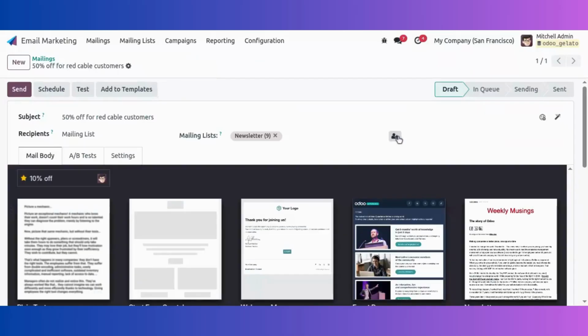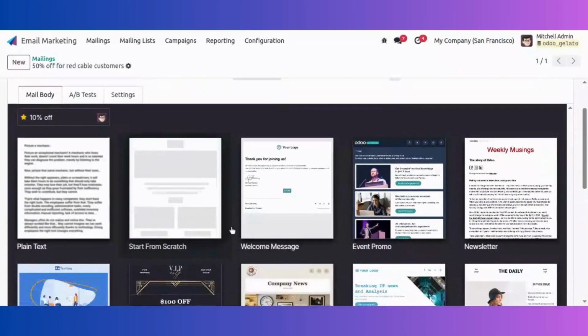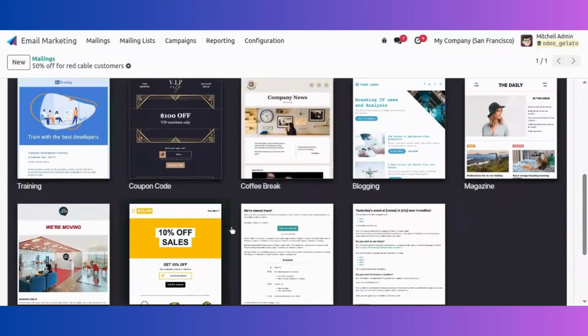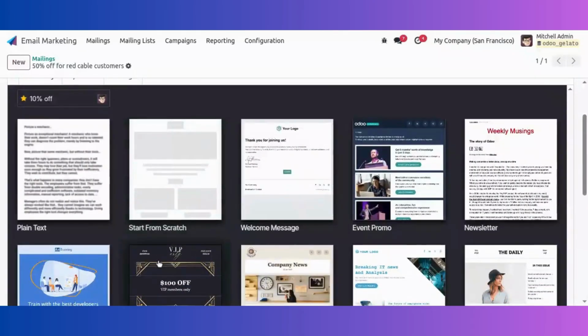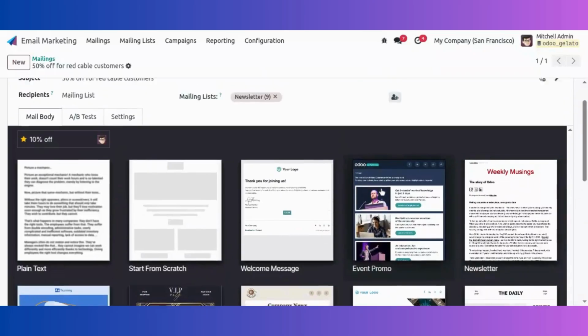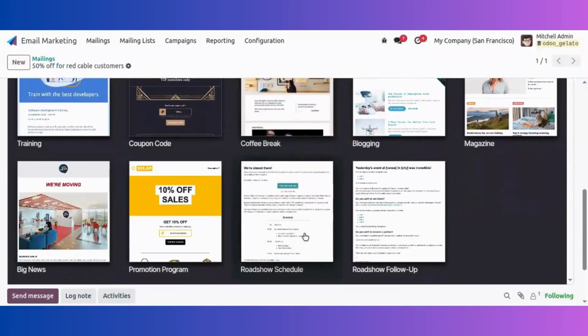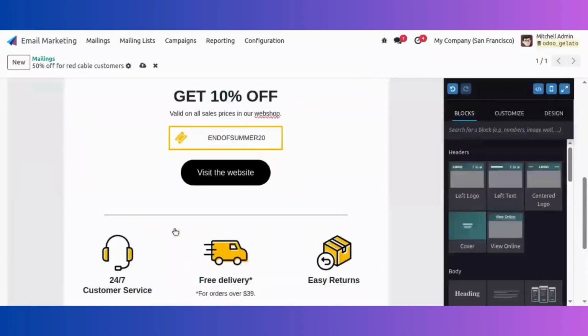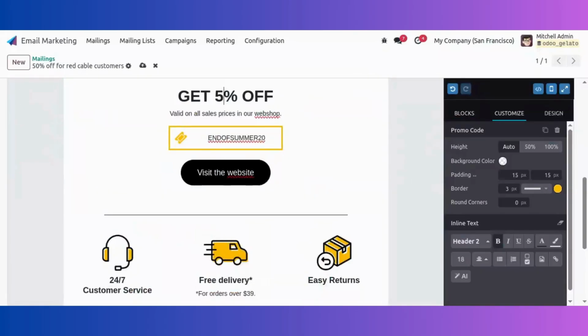Now into the mail body, here you can see there are multiple templates already provided by Odoo. If you want to develop it from scratch, you can simply choose this. Or if you want to send it as plain text alone, you can choose the plain text. Or let's say I would like to go with the 50 percent offer. I'll be going with one of the templates. So this is a promotion program. I'll choose this one. And let's change the values into 50 percent off